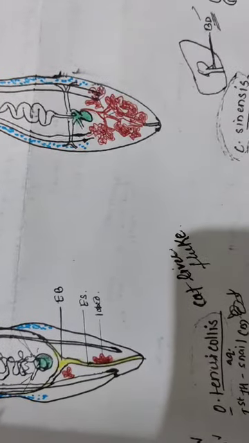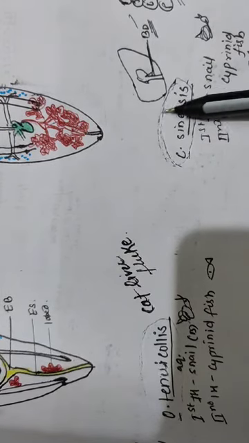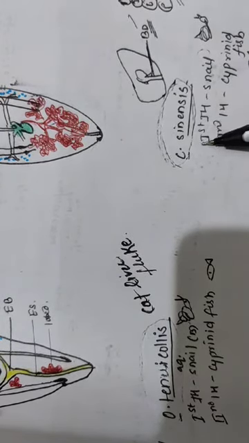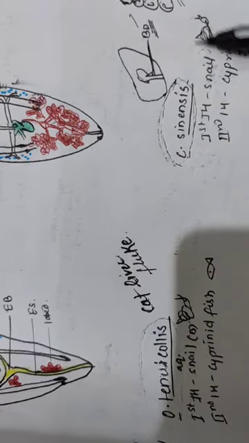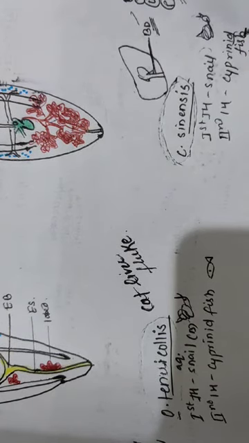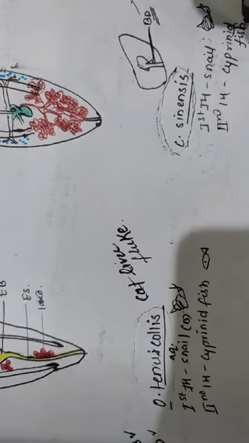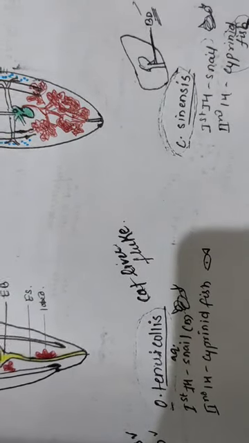Now, the first intermediate host of this Oriental liver fluke or Chinese liver fluke is the snail. There are many species of snail included, such as Bulimus, Melania, Bithynia, and Viviparia. Then the second intermediate host is the cyprinid fish. And how is it transmitted? It is by eating undercooked or raw fish.